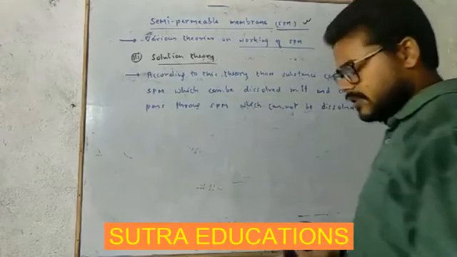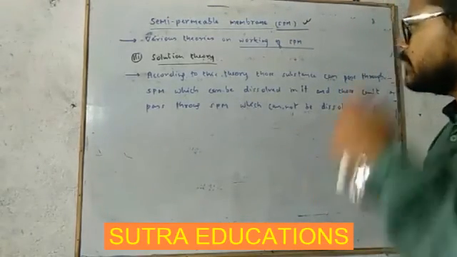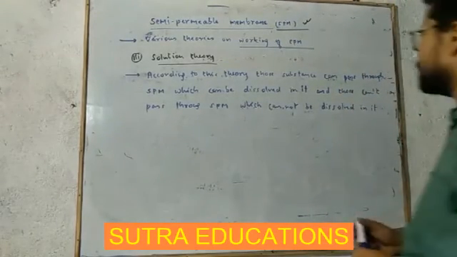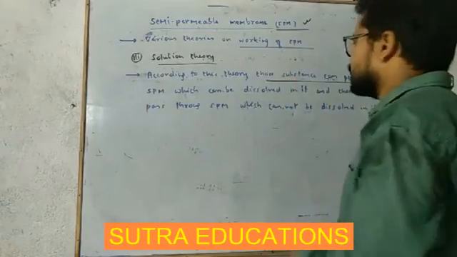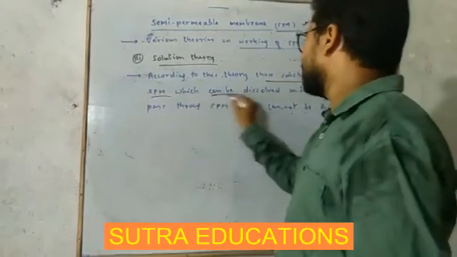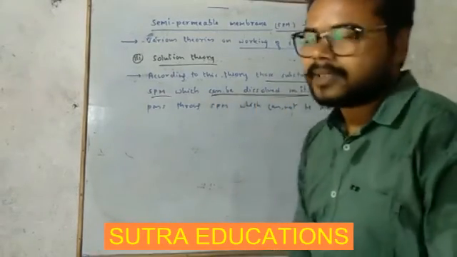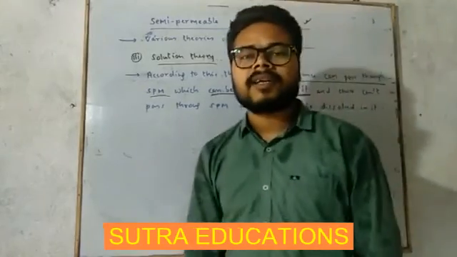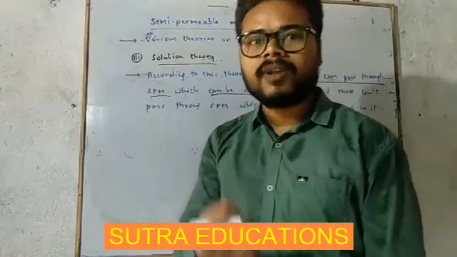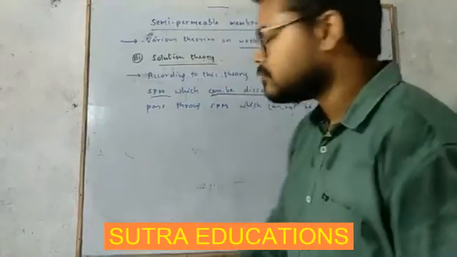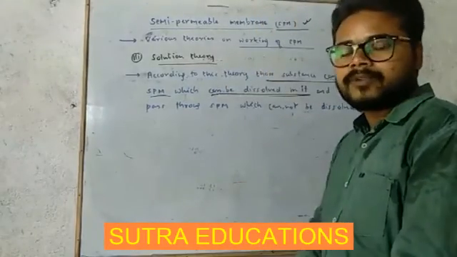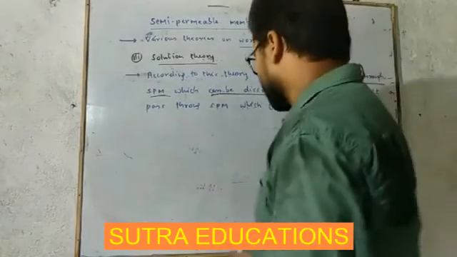Getting this? Very simple, I will make you understand. According to this theory, only those substances can pass through SPM which can dissolve in it, and those substances which cannot dissolve in the SPM will not pass through the SPM. For example, say it is